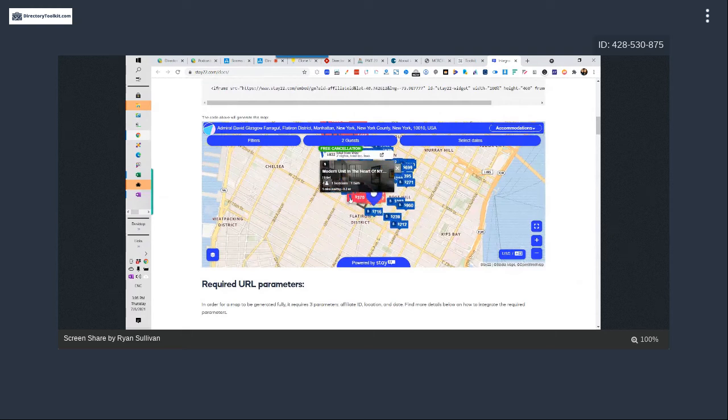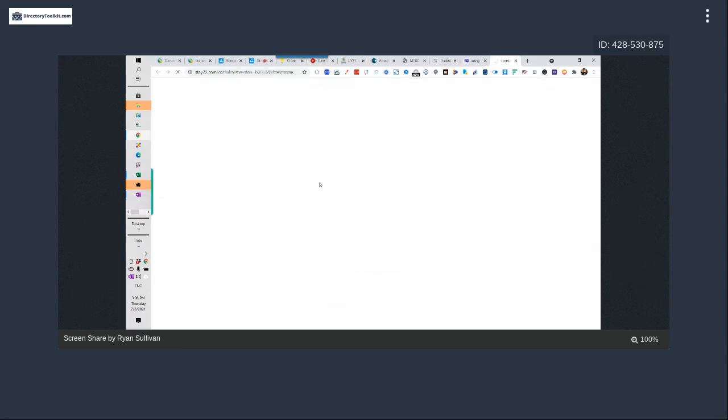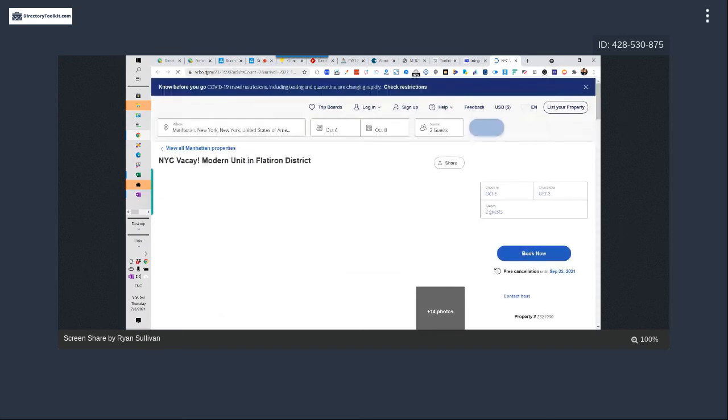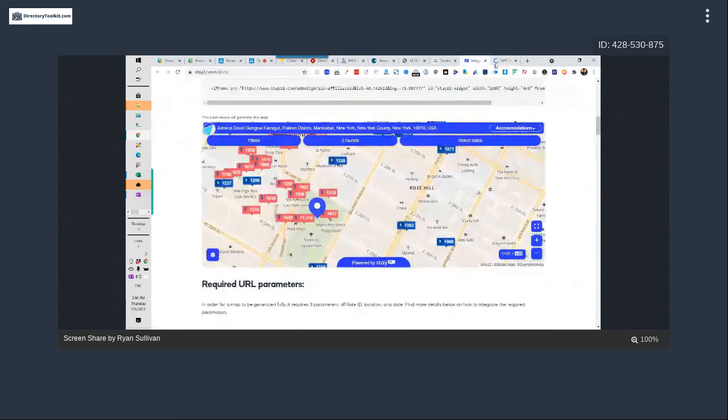and I think VRBO, and I think Airbnb as well. You can turn those on here. So it's got four different major players in here, but you can zoom in, look at the particular location and book it, and it just goes directly to that VRBO or whatever to book it, and it obviously has all the code integration stuff. So it may be a little bit less than you'd normally get with a direct one, because obviously they siphon off part of the commission fee, and then you get some of it as well. But it just conglomerates all of those different things into a map view based on a